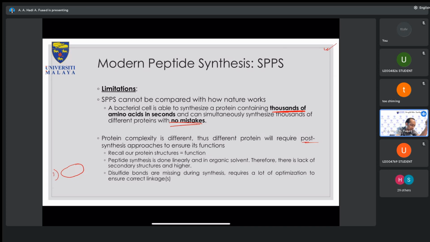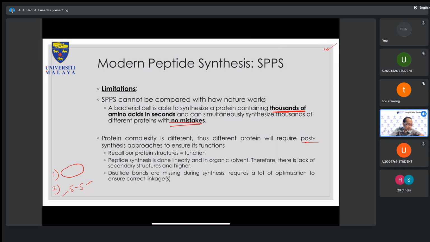There are also peptides, and especially proteins, that have a lot of disulfide bonds. We have not looked at how you actually form a disulfide bond, but again, it's a very simple oxidation reaction. If you have two cysteines in close proximity, you just bubble oxygen or even air through it, a normal air bubble like this. It will oxidize the cysteine residues and form a disulfide bond. Very straightforward. However, this system is very controlled in biology, or in bacteria or in our cells, for example. So it's very fascinating.